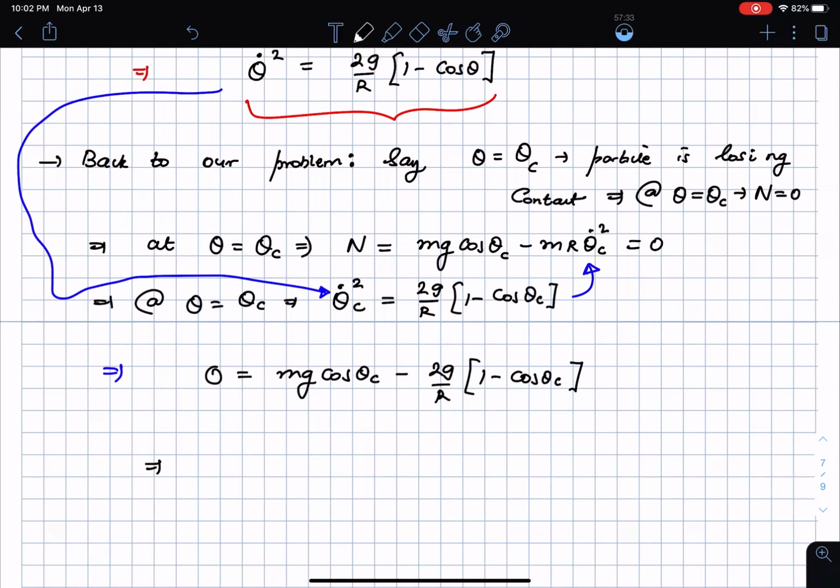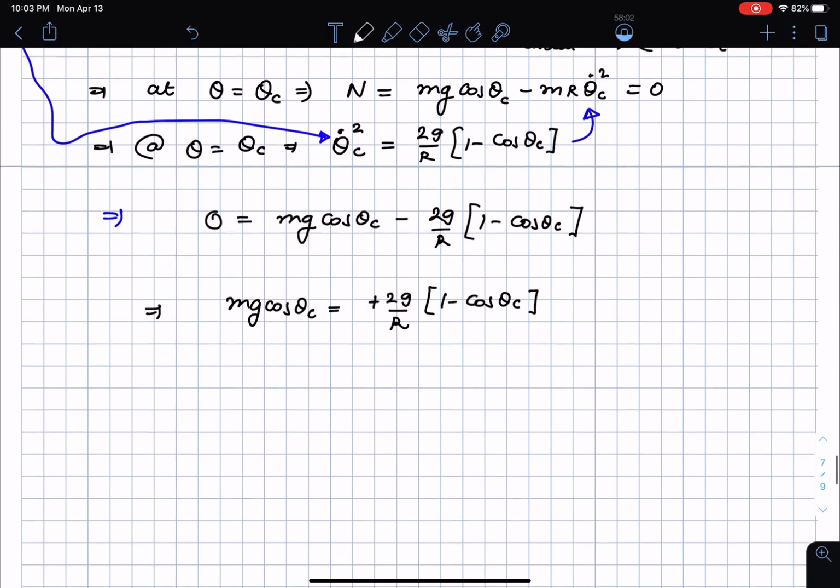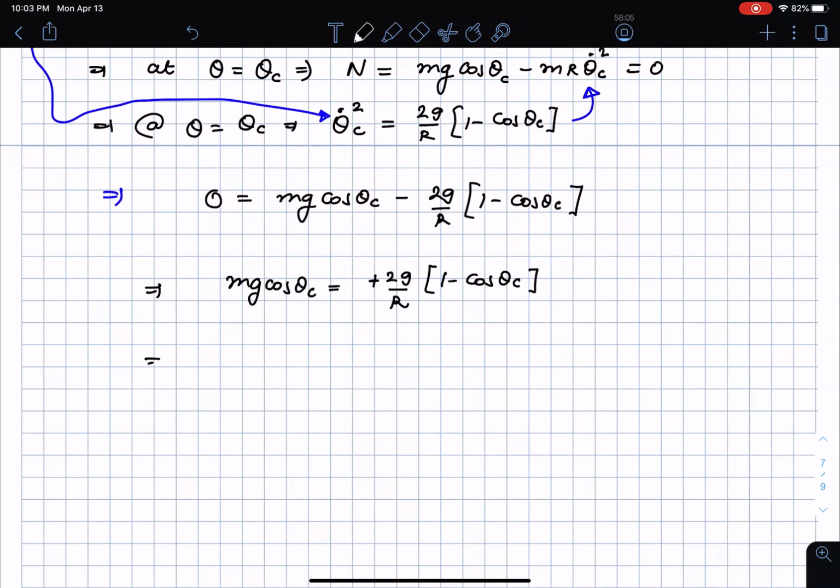If I rearrange the terms, I get mg cos theta critical is equal to plus 2g by r, I'm sorry, that's 2g by r times 1 minus cos theta critical. For some reason I'm completely off kilter today. If I bring the terms together, that's going to be 3g,